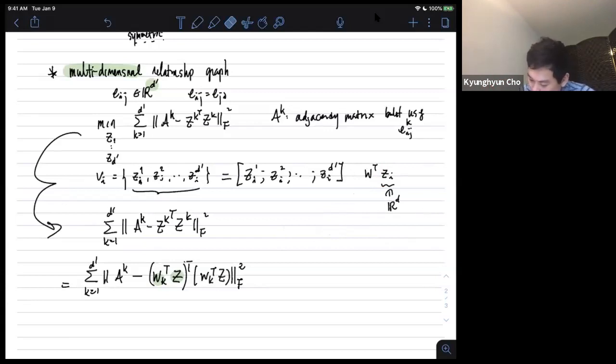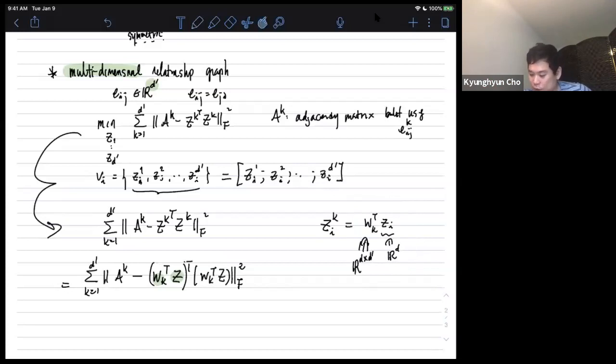Let me see. So let's back up a bit. What we are going to do here is represent each Z_ik as W_k transpose times Z_i, where W_k is in R^(d by d). What this W_k, which is a matrix, I should have said matrix from the beginning, does is transform this Z_i, that is a d-dimensional vector, into